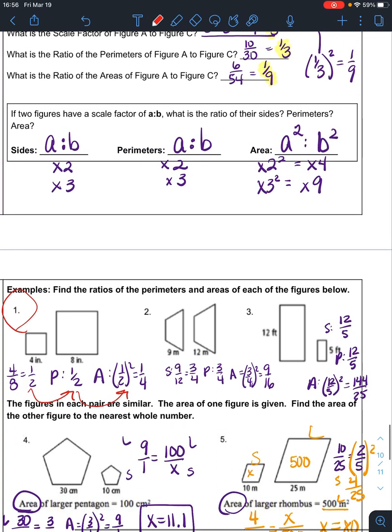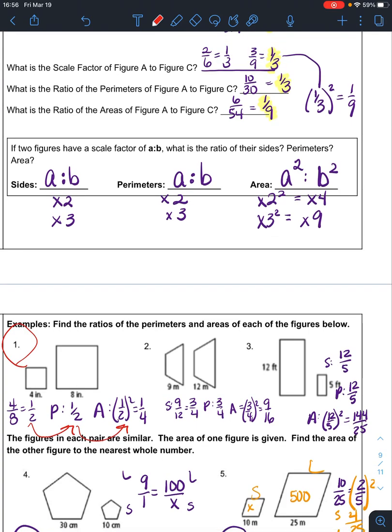The area is the ratio squared. And so we can determine, without knowing, we didn't have to even find the whole area of the figure. We just had to know one of them. We didn't have to recalculate it. We could just use the pattern of the scale factor and the perimeter and the areas to determine what